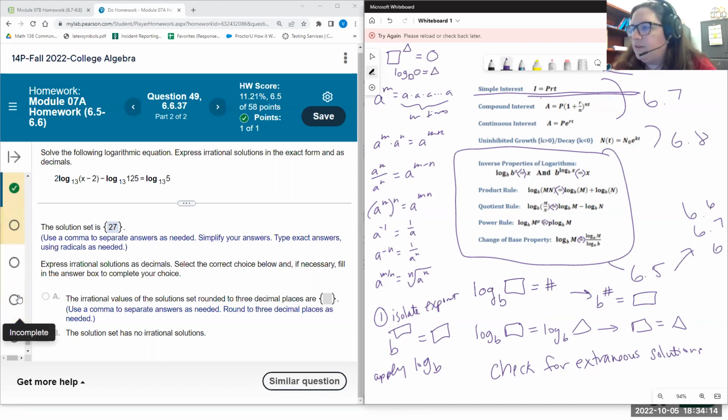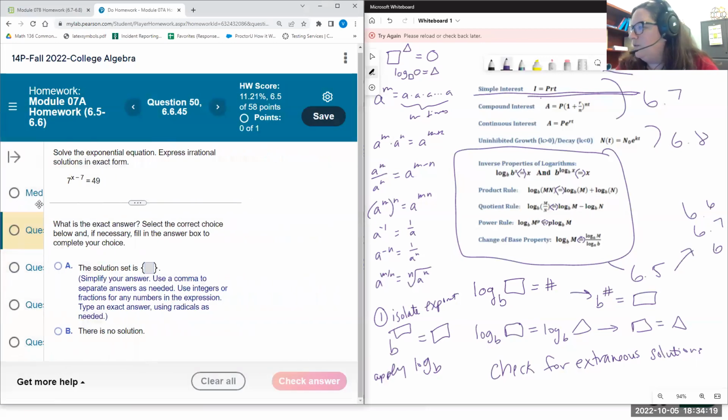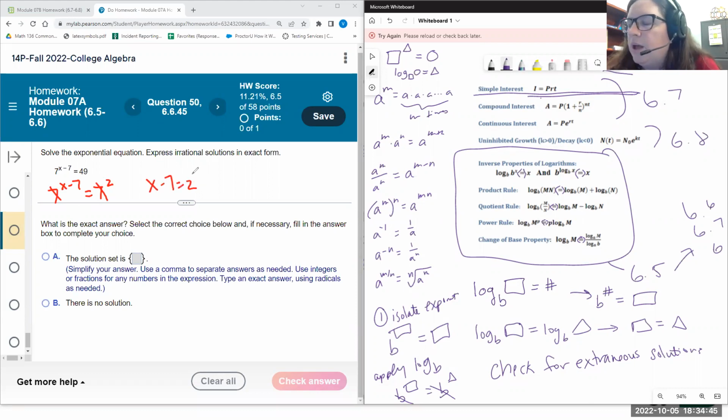But looking at number 50. So one thing is, if you can actually get b to a power equals b to another power, then the b's, you apply the log to both sides and it cancels out both bases. So if you look here, I have 7 to the x minus 7 equals 49, but I recognize 49 is also a power of 7. So 7 to the x minus 7 equals 7 squared. Then the bases go away. X minus 7 equals 2. And I go from there. So sometimes it gets a little bit more complicated than that. I think we'll see